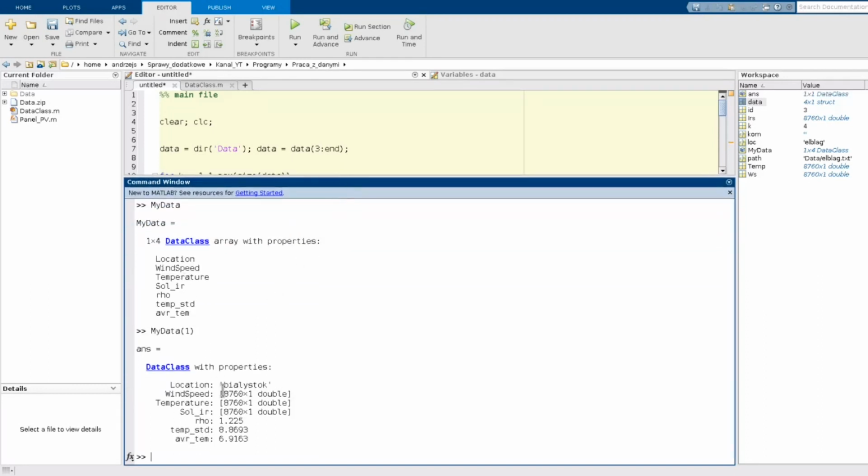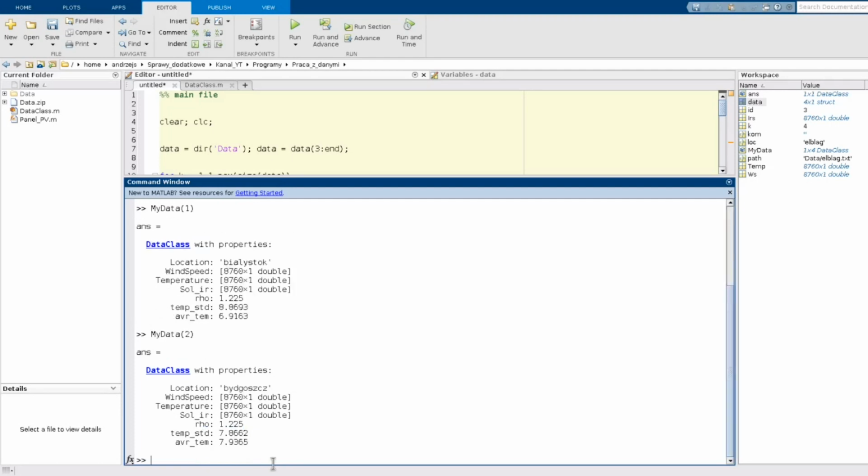So first object is for Białystok. So there is a location, those are the vectors of our data, the private value, standard deviation for temperature, and average value for temperature. Okay, and if I want to look to another object, okay, so I have Bydgoszcz, and I already have different values for standard deviation for temperature and the mean value for temperature. So I already have those informations. It is very convenient for further work with this data in a main file.